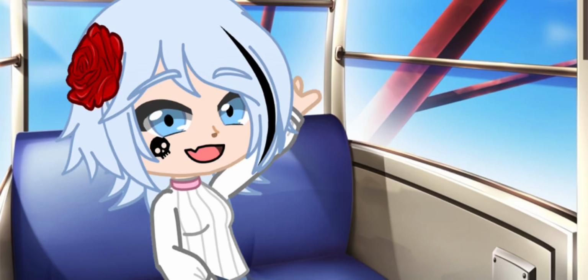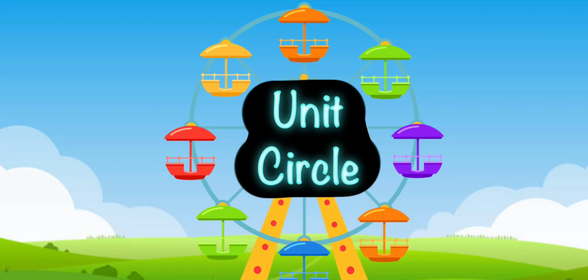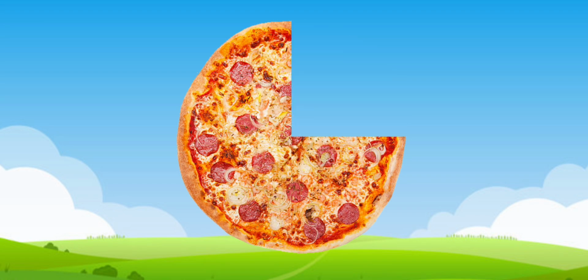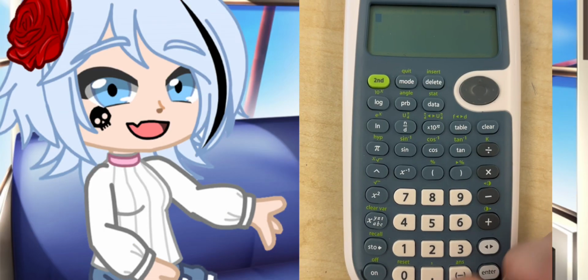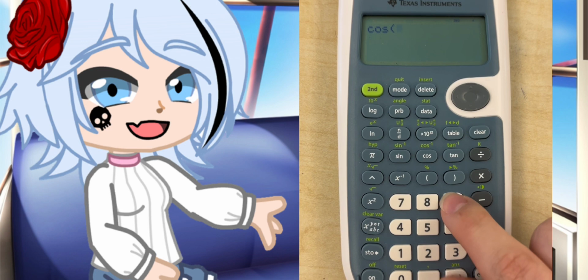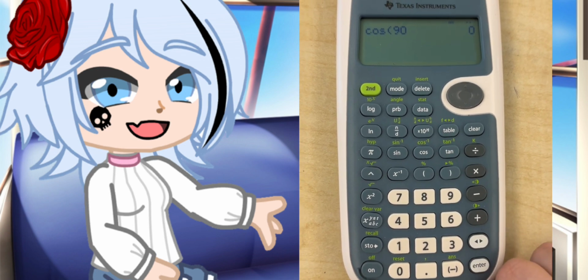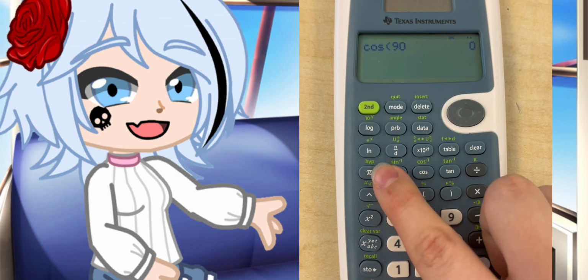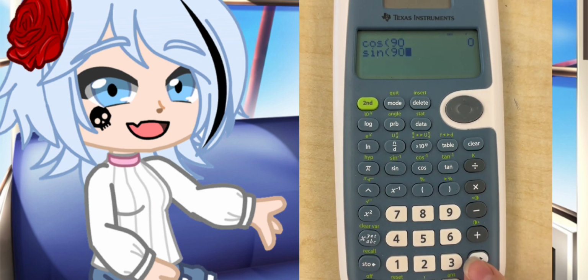Right now, I'm sitting at the highest point on the Ferris wheel, which on the unit circle is (0, 1). And if we look at this Ferris wheel like it's a big old pizza, and we take away a quarter of it like so, you'll see that the angle I'm at is 90 degrees. So if we type cosine of 90 in our calculators, we get 0. So that's our x-coordinate. And if we type in sine of 90 in our calculators, we get 1,